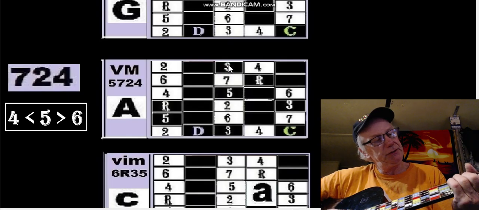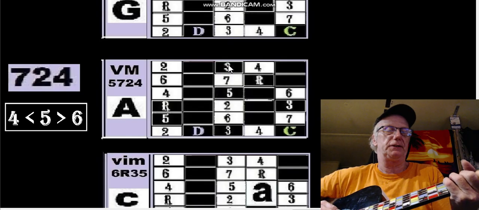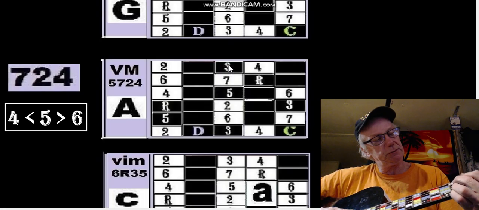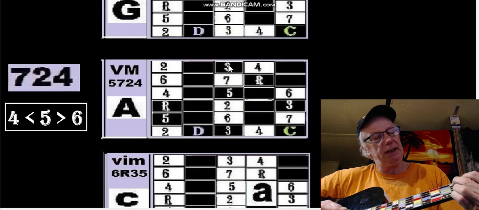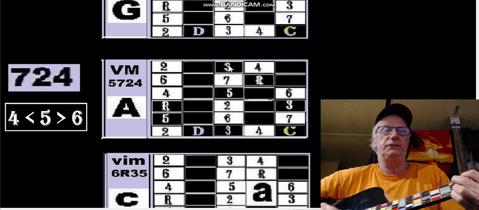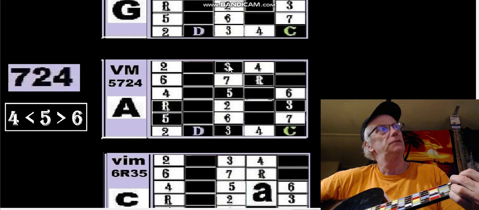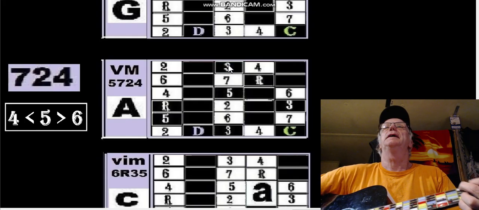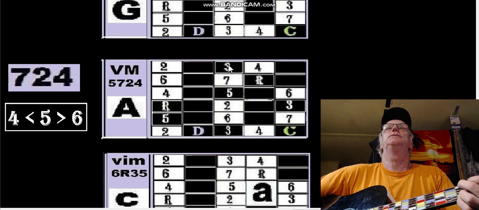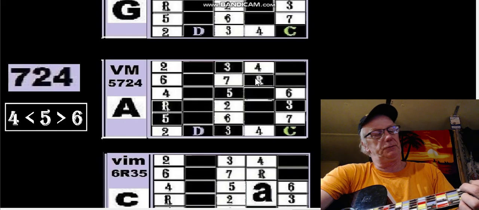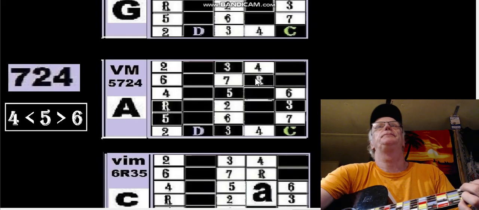Notice that the C shape has a nice robust sound if you add the 5th. The G shape has a robust sound if you add the 4th of G. In this case, the 4th of the 5th is the root. Okay, so we're already not playing the root in the third, as if we're playing Mixolydian. Okay,